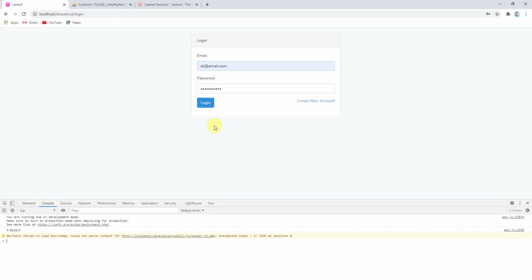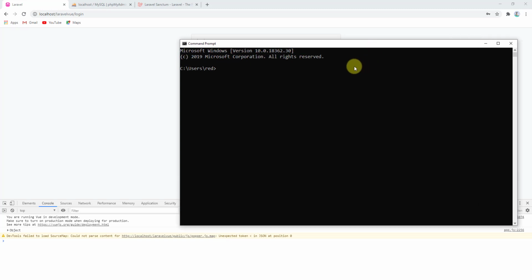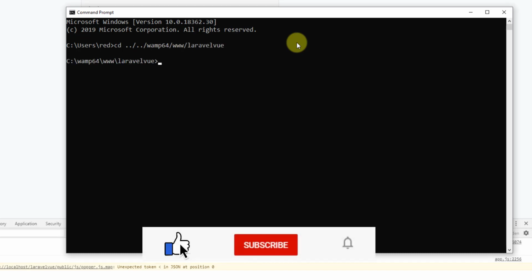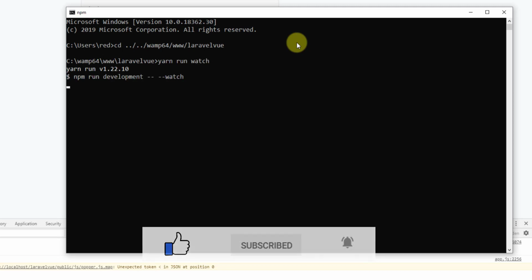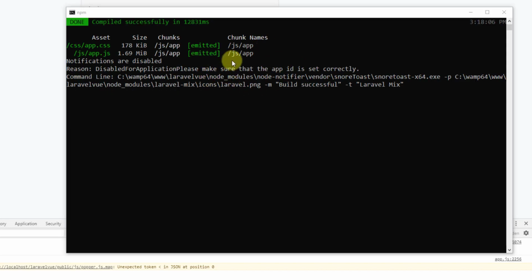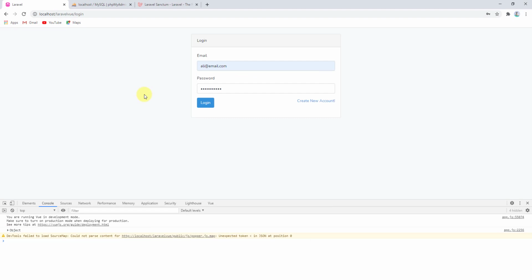Well guys, we didn't run our yarn run watch. Silly mistake. So let's open a command prompt window and let me zoom it a little bit. Now let's go to cd /wamp64/www/vue, and let's say yarn run watch. Well, our changes have been compiled successfully. Now let's try it again. So let's refresh